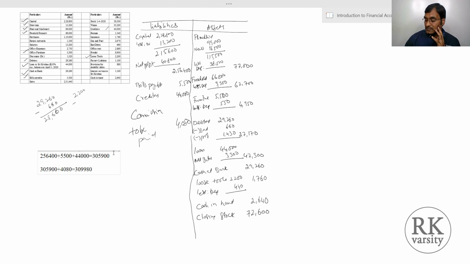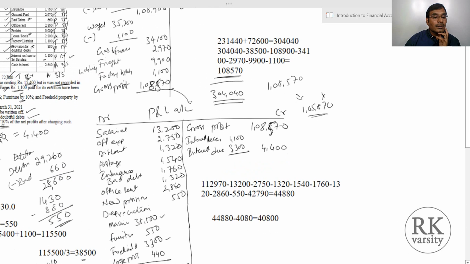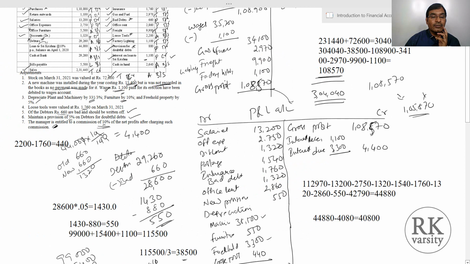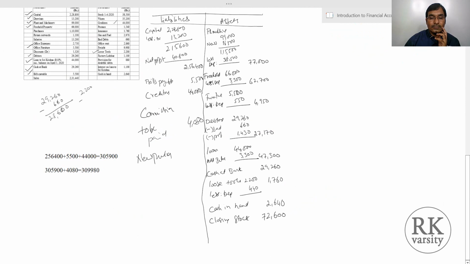And we have to add one more, that is our creditors. So new machinery, we purchased it, and for this also we have to pay. That is the value that is shown here, 15,400, that we have to pay. So 15,400. So these two values I missed. That is 3,09,980 plus 15,400. So 3,25,380. This is on our liability side.